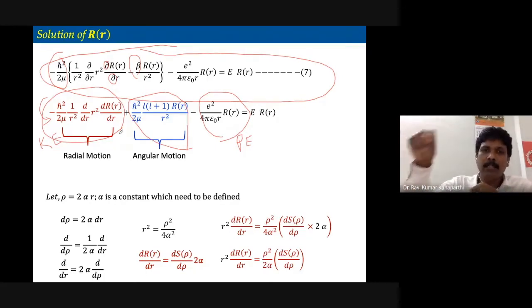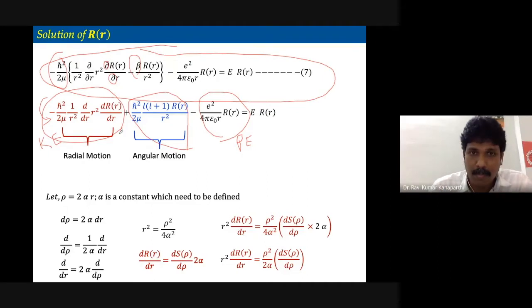So basically it is symmetric. In all 360-degree angles, as long as the r is the same, the potential energy remains the same, right? So when it is moving radially, then we have a problem. The hydrogen atom, this is like a classical picture.